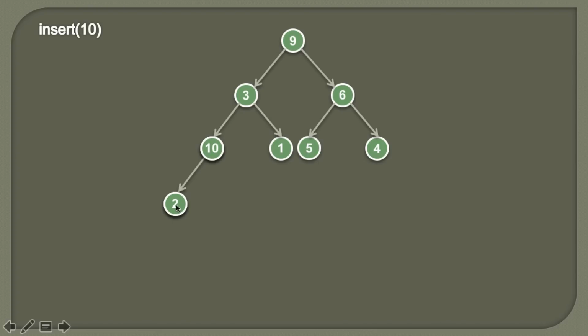But after this swap, we traverse to this node and again check whether it has any parent or not. Here 10 has a parent whose value is 3. Then we compare these two values, and 3 is less than 10, so still the heap order property is not satisfied. So we shift up 10 and swap it with 3. It would look something like this: value 10 is swapped with 3.